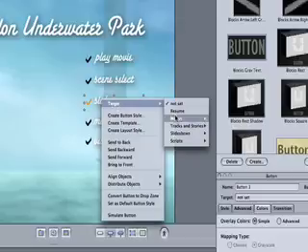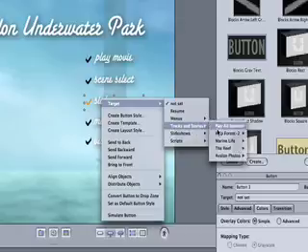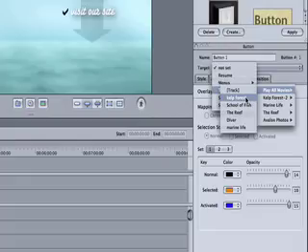For the Slides button, right-click and choose Target, Slideshows. Wait a minute, there is no slideshow. In the last lesson, we converted it to a track. So choose Tracks in Lesson 4. DVD Studio Pro will allow you to connect your buttons to specific chapter markers if you